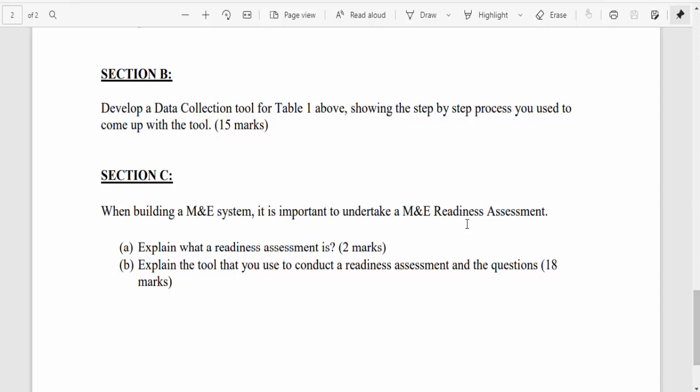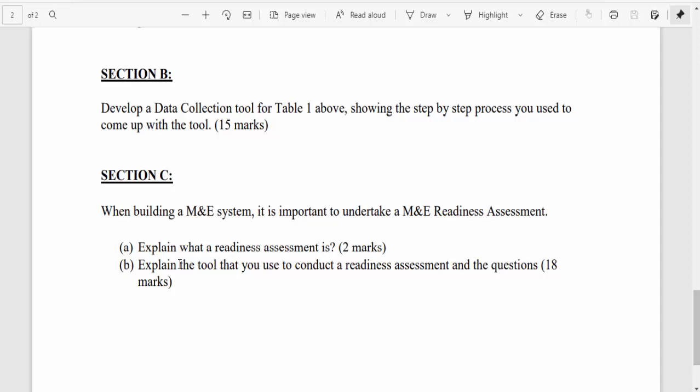The readiness assessment, as the name suggests, is simply an in-depth evaluation of whether your organization is prepared to develop and implement the system. Now, you'll be surprised that if you did a survey and asked 10 people, do you want an M&E system? 10 of them will tell you that yes, we want a system. But the question is, are they ready?